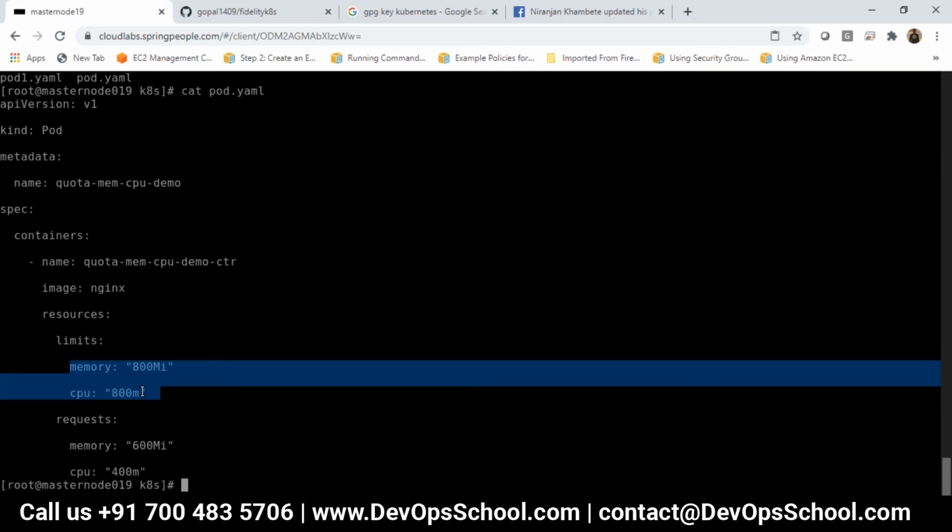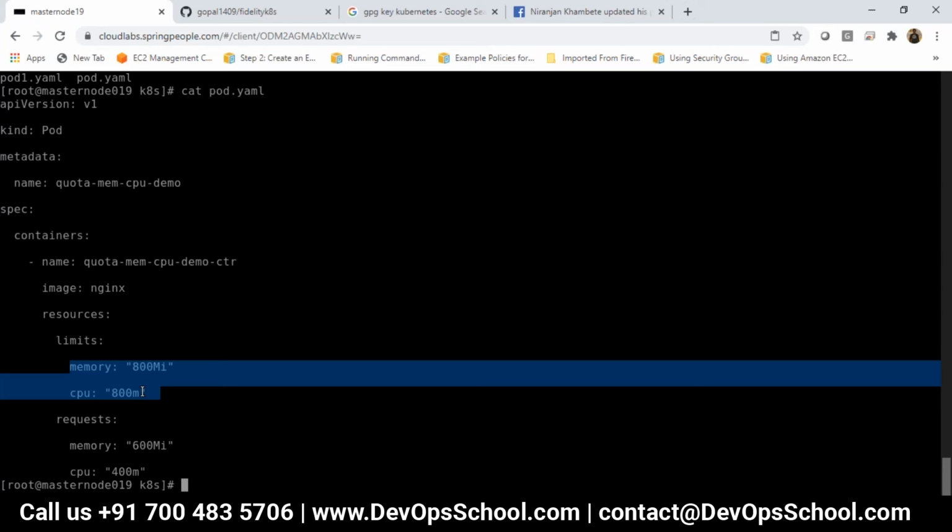Okay. I have limited the resource on my namespace. Then I have limited the resource on my pod level also.